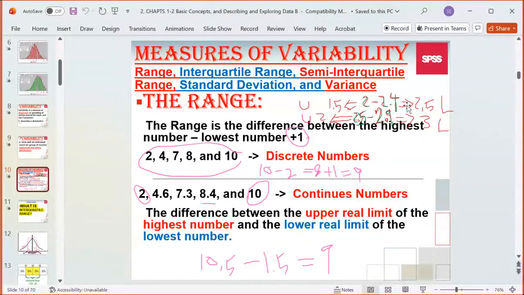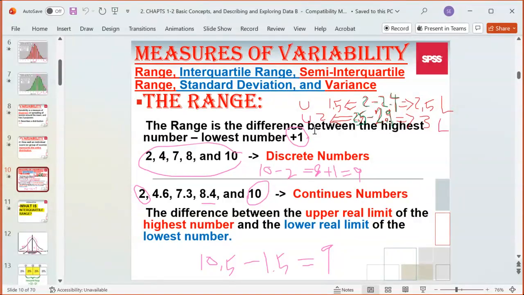However, at the bottom, if your number is 2.5 or higher, like 2.5, 2.6, 2.7, 2.8, 2.9, then your upper real limit will get up to 3. That's for fractions. And on the same token, for your lower real limit, if your number is between 2 to 2.4, your lower real limit will be 1.5. And if it's between 2.5 to 2.9, under 3, then